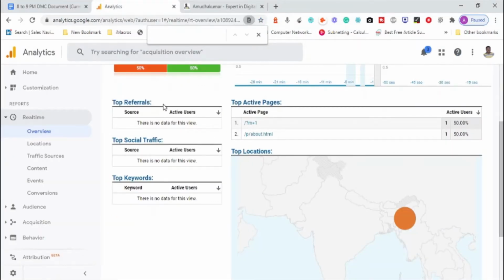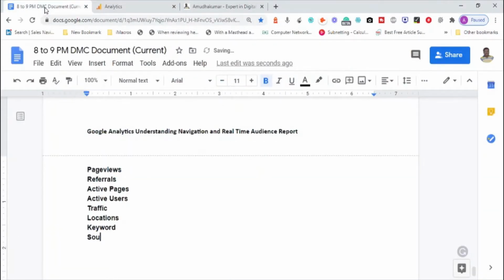We have something called source. There is something called active users, which we have already mapped. So we need to understand these metrics. What are these metrics all about? Let us have a small discussion about it, because without understanding this, you are not going to understand the concept better. There is nothing automated with respect to Google Analytics.